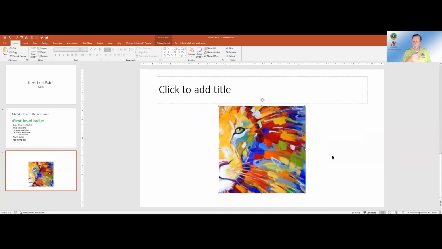Okay, so this file is fairly small. I'm going to delete this file. How do you delete something? I first have the object selected, and I know it's selected because I see the handles surrounding it. And then there's a magic key on the keyboard labeled delete.